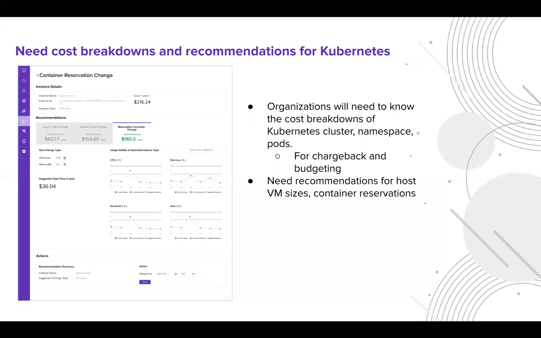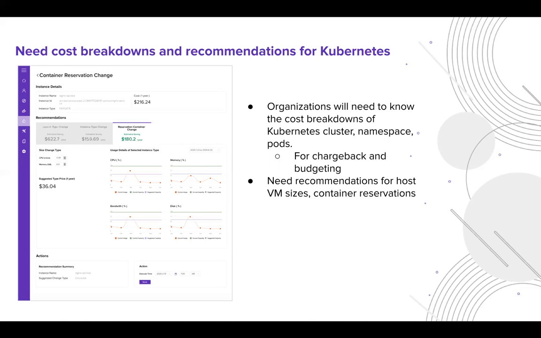And in this world of microservices, each project is represented by one or more microservices. How are you going to break down the cost for each of them? And also, how are you going to optimize without knowing how your pods are being utilized? So, at Aquila Clouds, we provide you with all this information, the utilization trends, and the cost breakdown at different levels, so that you can make the best decision for sizing and whatnot.